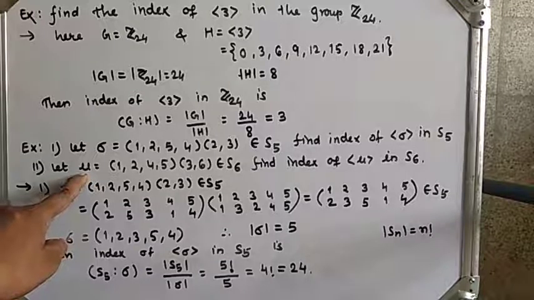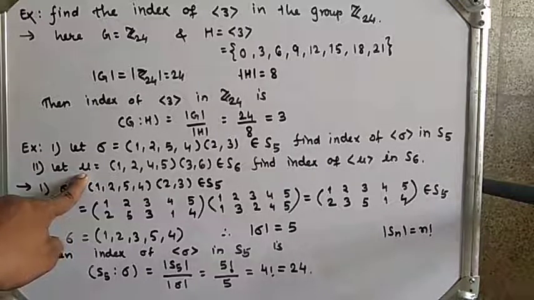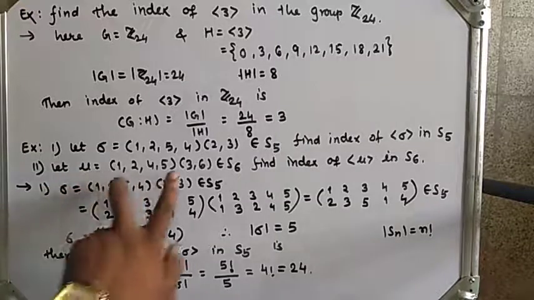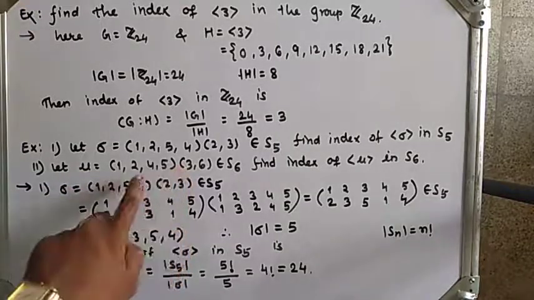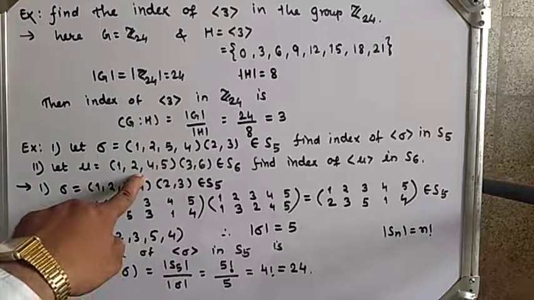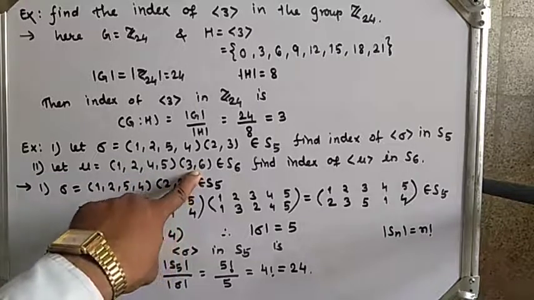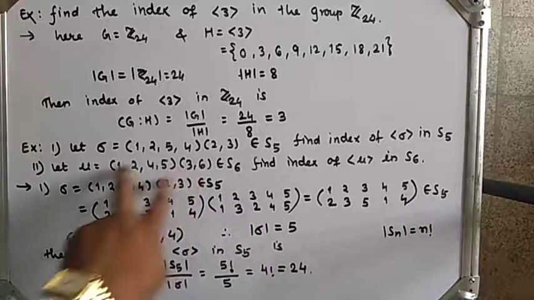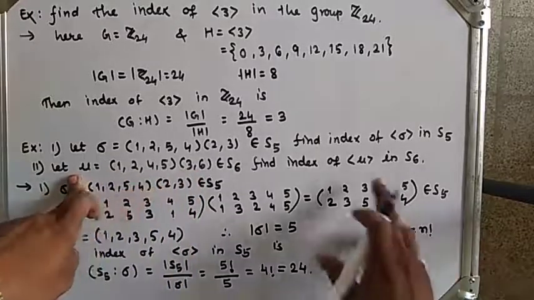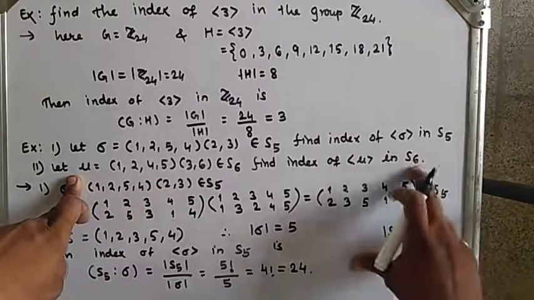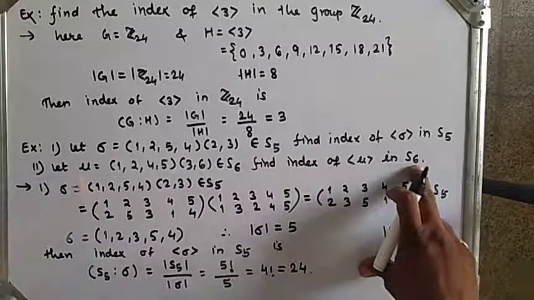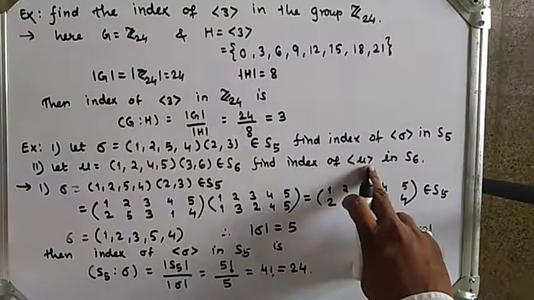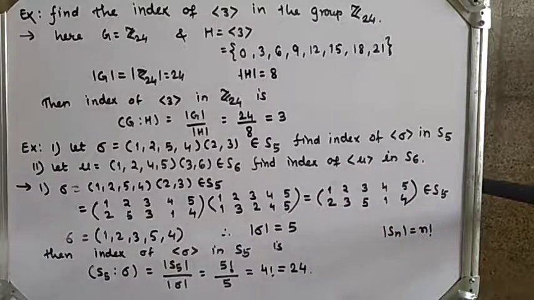So we know that if mu can be written as a product of two disjoint cycles, then order of mu is equal to LCM of the orders of those cycles, right? So here the first cycle has order 4 and the second cycle has order 2, so LCM of 4 and 2 will be 4, therefore order of mu is 4. And index of mu in S6 will be order of S6 upon order of mu, so order of mu is 4, so we will get the final answer. Now let's see the solution.